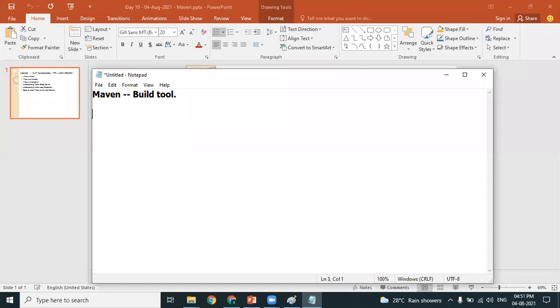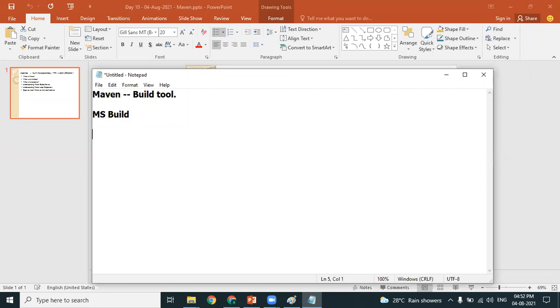Okay, so there are a lot of build tools available in the market. Maven is a build tool specific to Java technology. So if the code is Java code, then you have to use Maven. If it is .NET code, then we have MSBuild. Microsoft Build is the name of the build tool. If the code is Python, we have, I think, PyBuild. So the build tool that needs to be used changes from technology to technology.